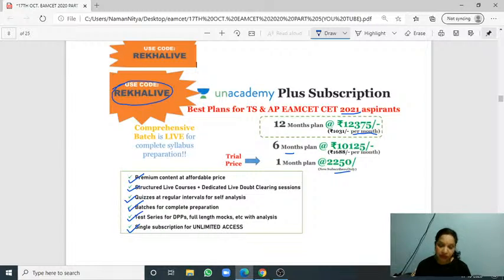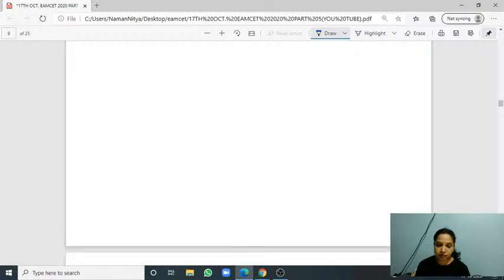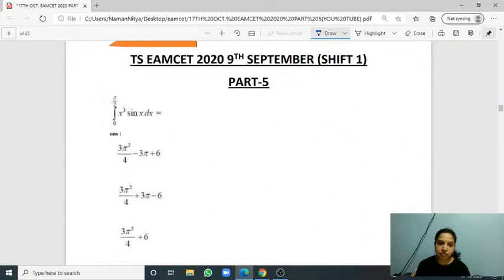So from last 4 classes, I am discussing EAMCET 2020 paper. I am solving the questions, all kinds of questions. TS EAMCET 2020, 9th September question, shift 1 I am solving. Today is part 5. For previous parts you can check the link in the description box. So this is today's first question. This question is based on